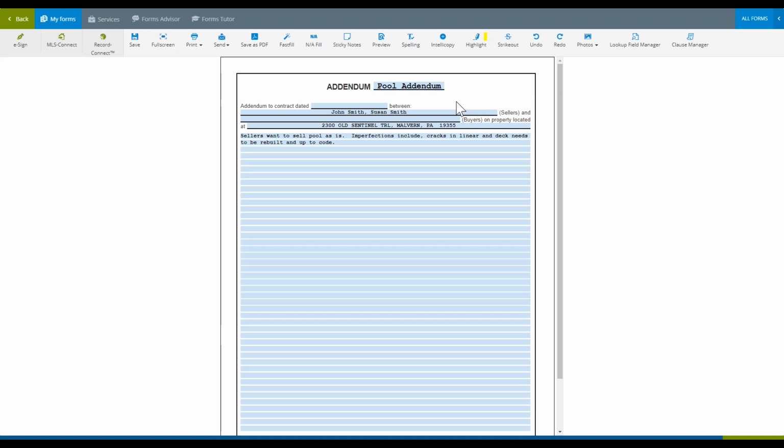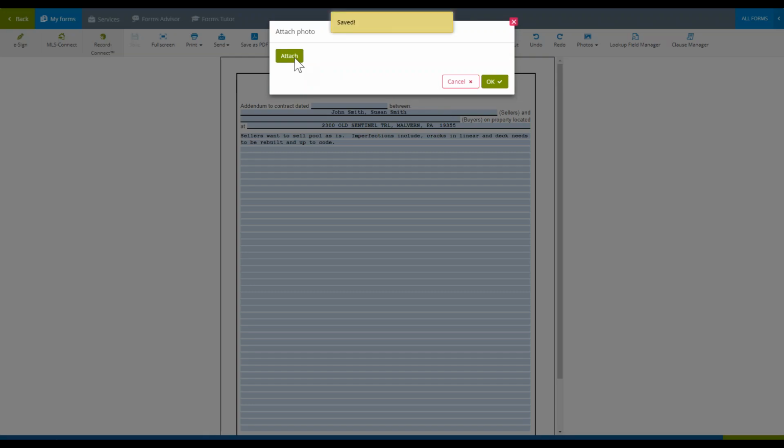Because with today's technology, you can snap a picture and send it to someone very quickly or upload it to social media. Well, we added a cool feature where we can add a photo to a particular document, making it a little more clear what you're talking about. In this case, I'm just using a pool addendum as an example, but this works phenomenally well if you're showcasing something like the seller's disclosure, where you take a picture of the kitchen and everything is displayed there. You can use any example. And I just want to attach a photo.